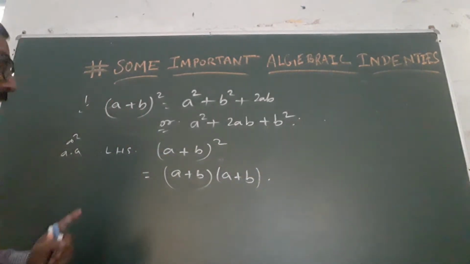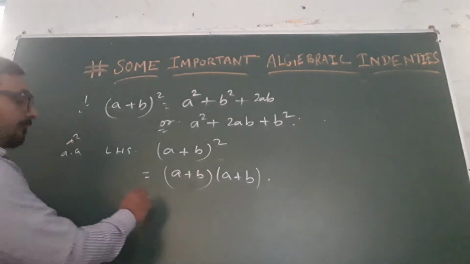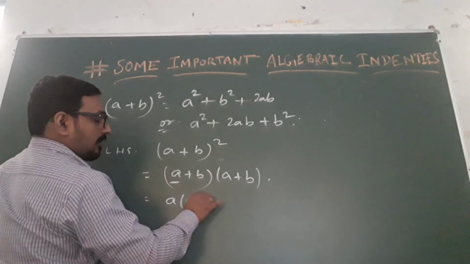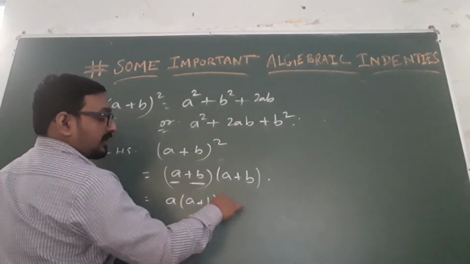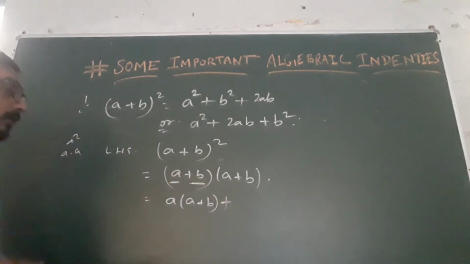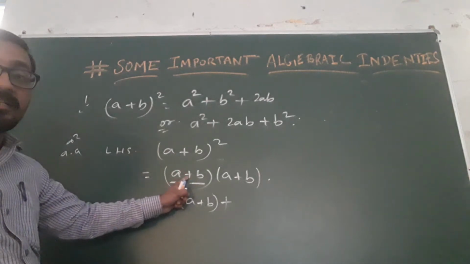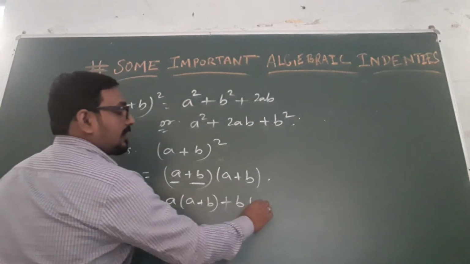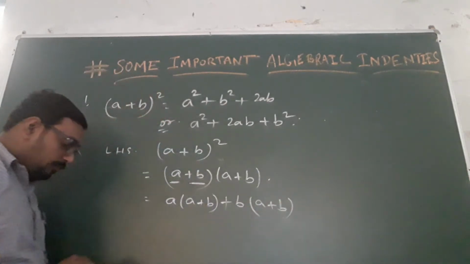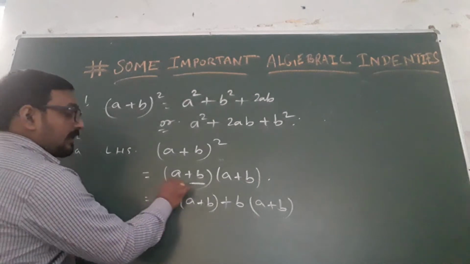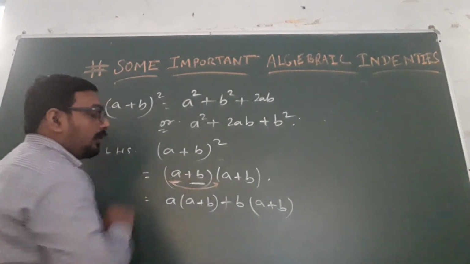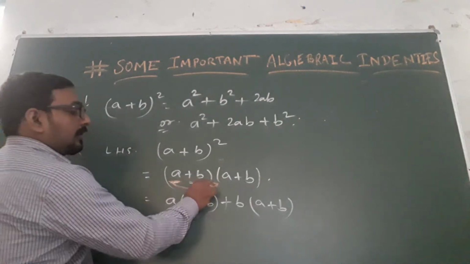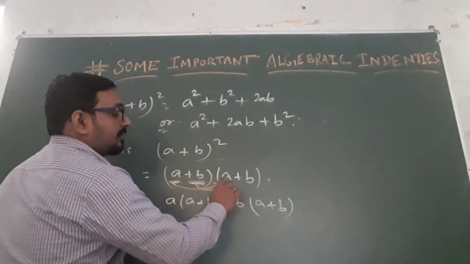According to the product of algebra, first of all we take this a, and this a is multiplied with a plus b. And this b, we have plus b. So we take the number also with its sign. Its sign is plus, so we take plus b, and this one is multiplied with a plus b. First of all, you take a, and this a is multiplied with the whole term of the next algebraic expression a plus b. And then after, you take plus b, this one is also multiplied with a plus b.